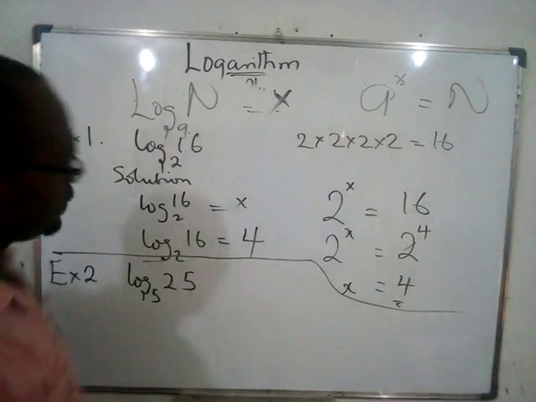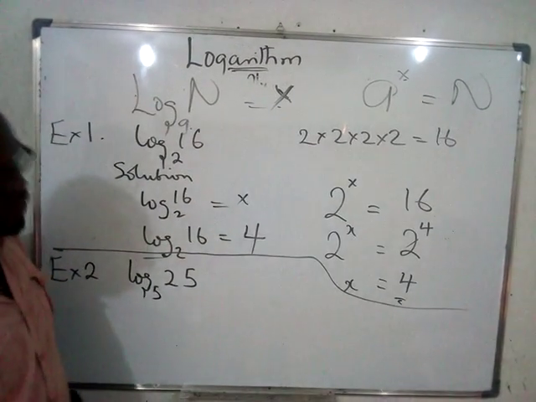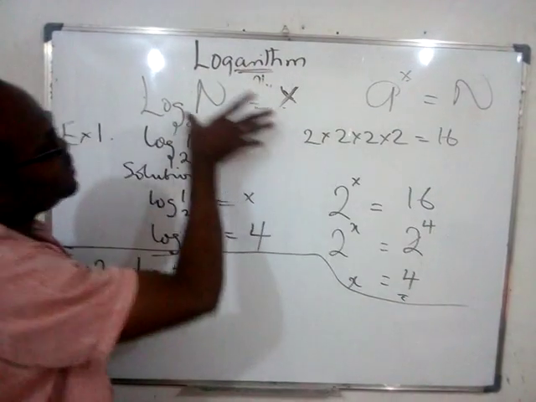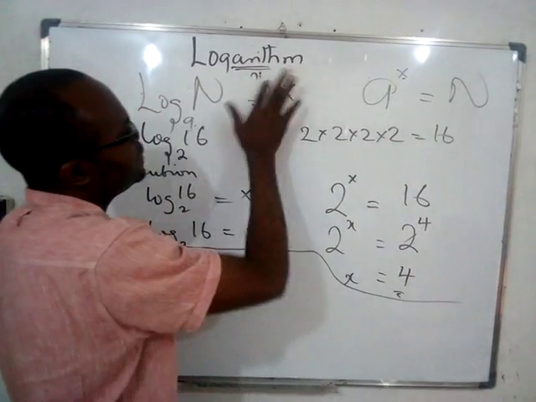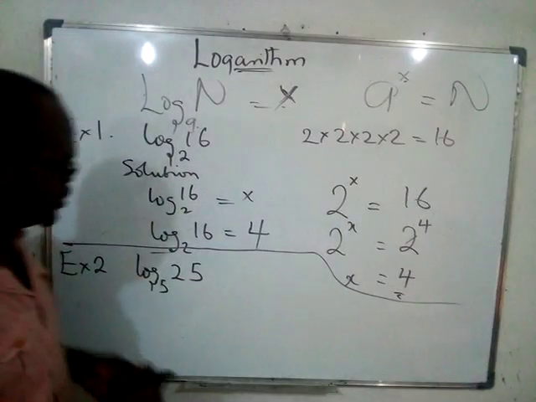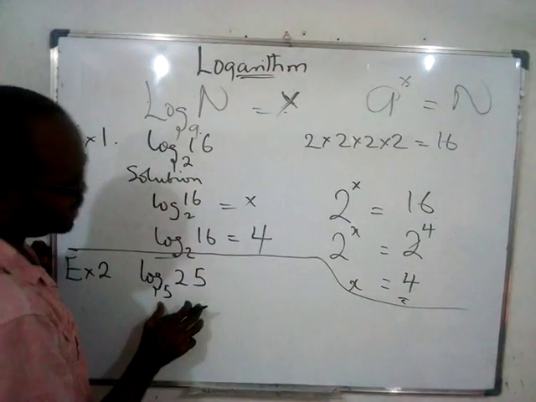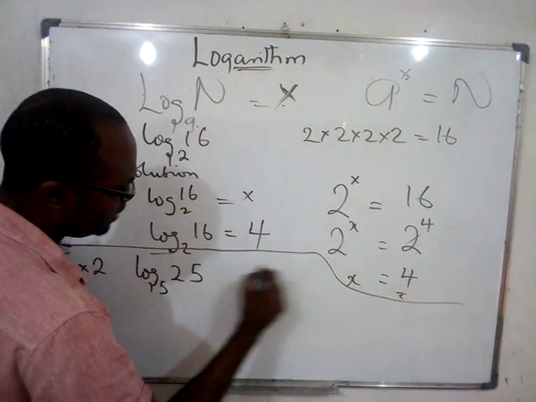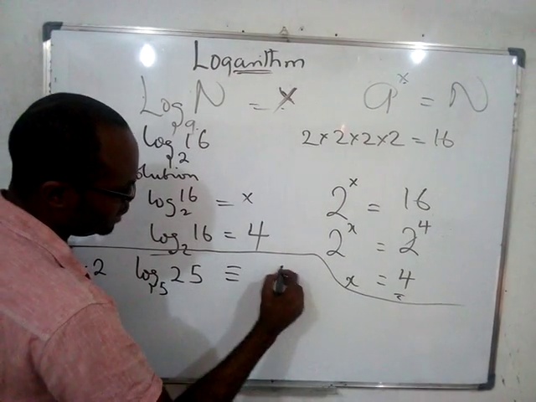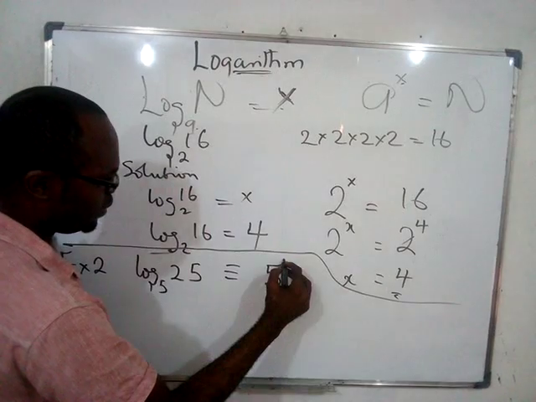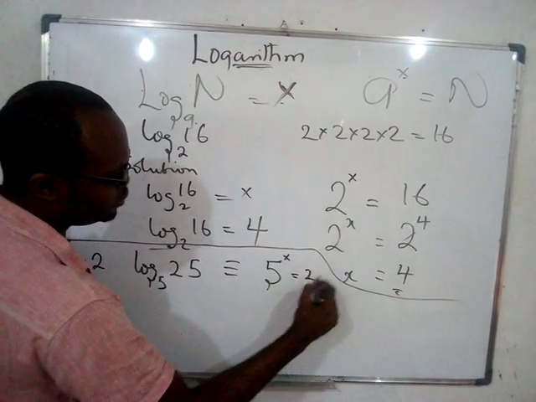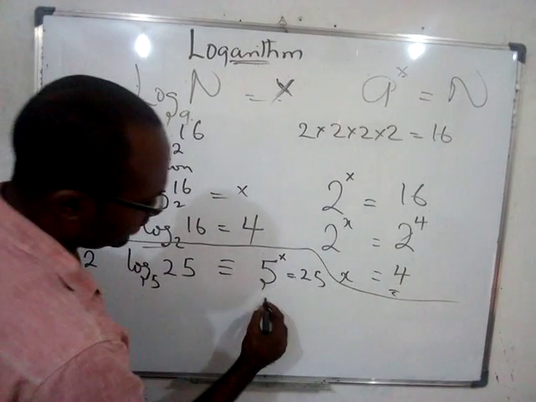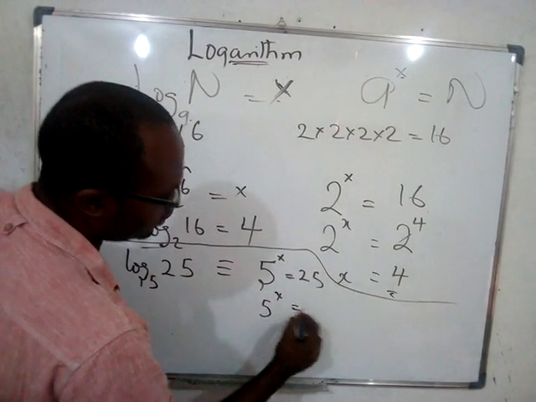Yes, welcome back. So to solve this log, first of all, we must put this in the index notation. This is the logarithm notation. This is the index notation. So looking at this, to put this in index notation, first of all, we'll write the base. The base is 5. This is similar to saying base 5 to power x is equal to 25. Now, solving this, we can write that 5 to power x is equal to